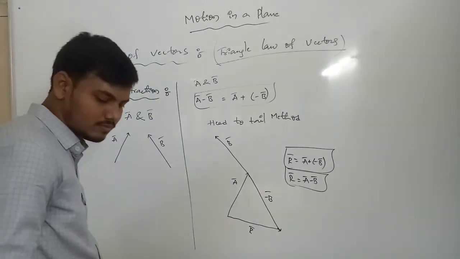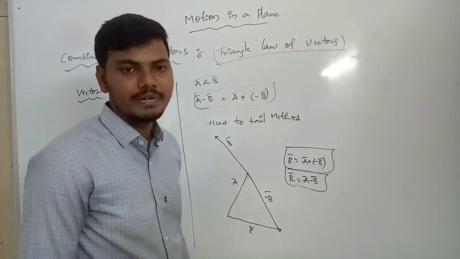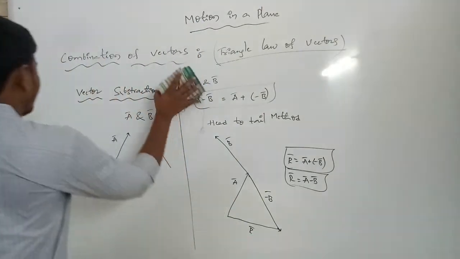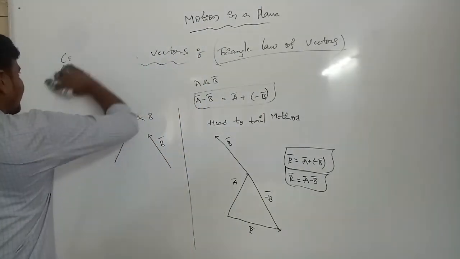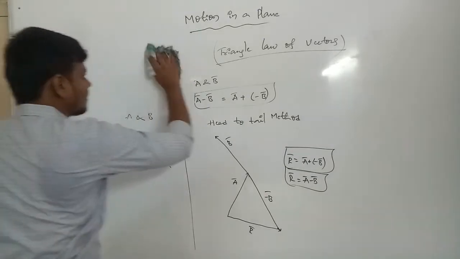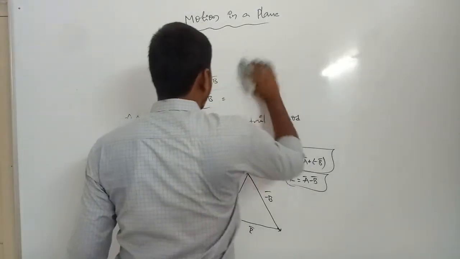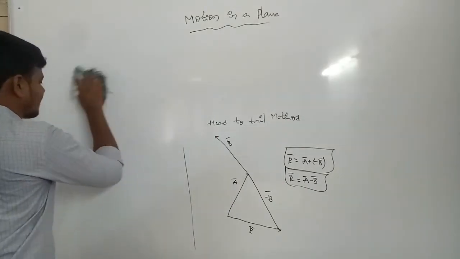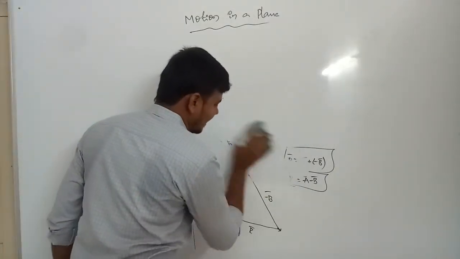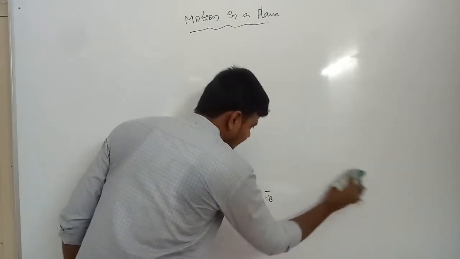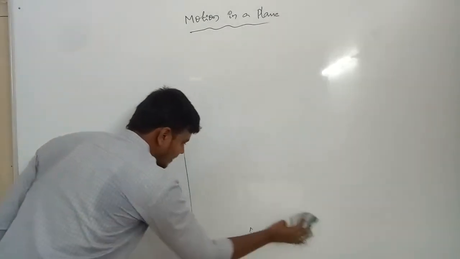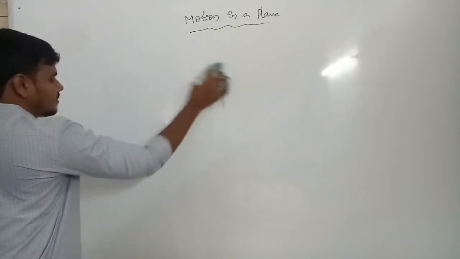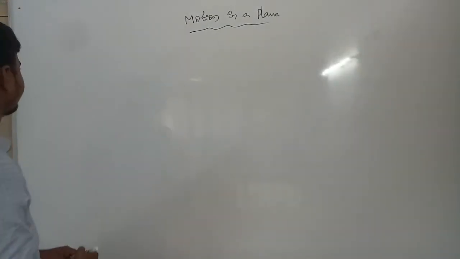Now next one, vector arithmetic. Okay, now vector arithmetic. Now very important one. Vector arithmetic. There are so many classes here. Okay, the first we are introducing. There are two types of vectors. Okay, A bar and B bar. Again we are introducing to the third quantity of vector C bar. Also we are introducing vector arithmetic.